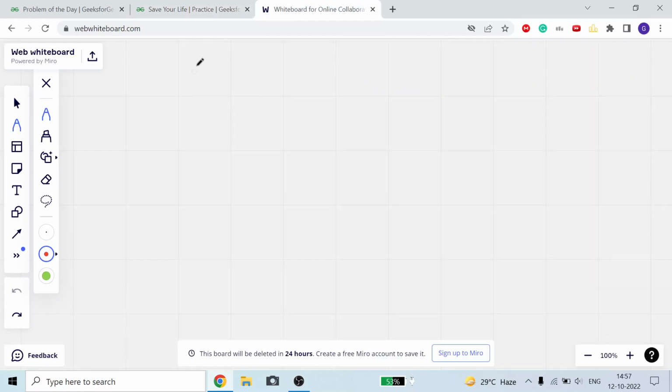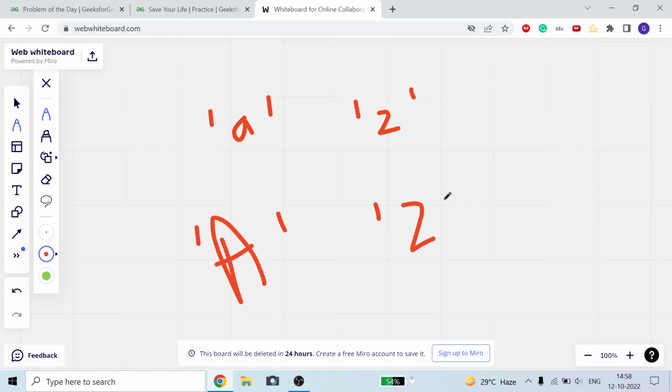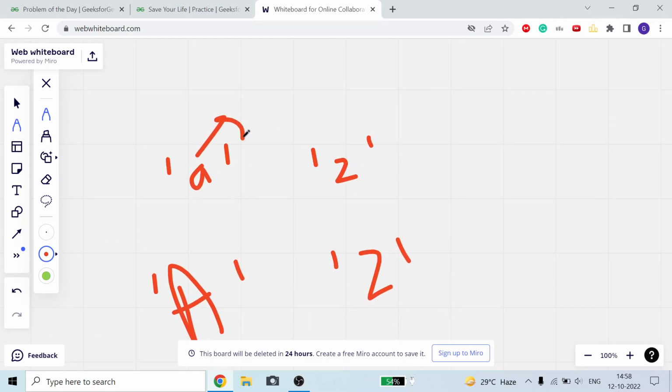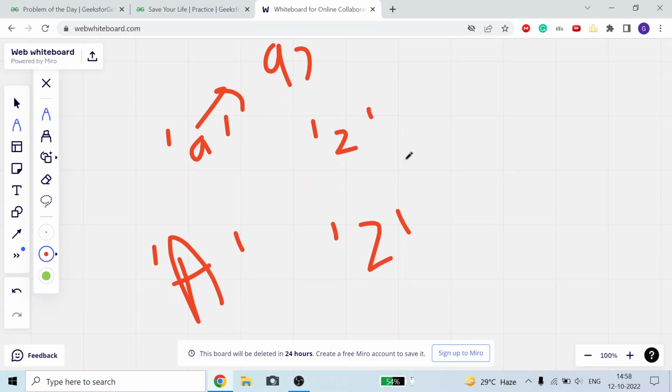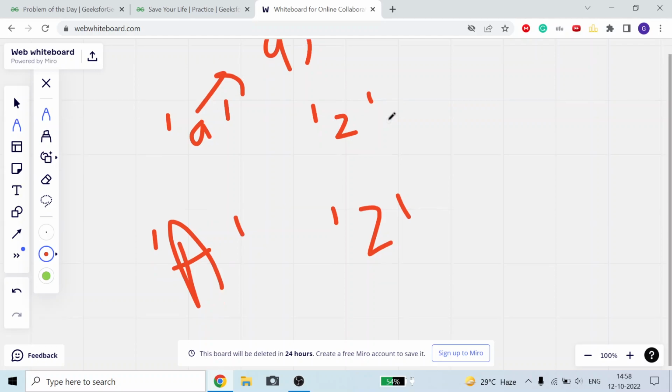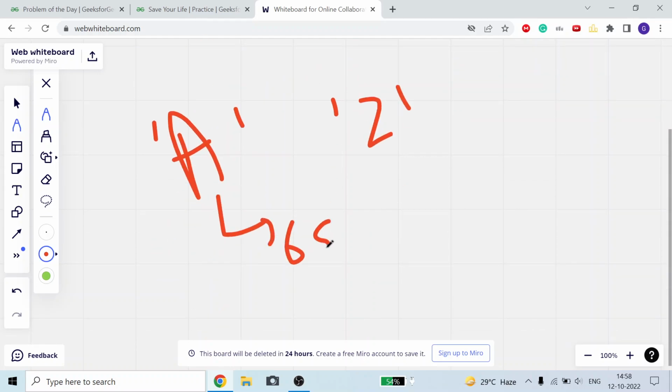So what does it mean? We know in computer programming every character from a to z, it should be small z, and each capital A to Z letter has some ASCII code. The code for small a is 97, for b it is 98, then 99, and so on up to 122 for z. For capital A the ASCII code is 65, for capital B it is 66. Similarly, it increases by 1 for each next character.